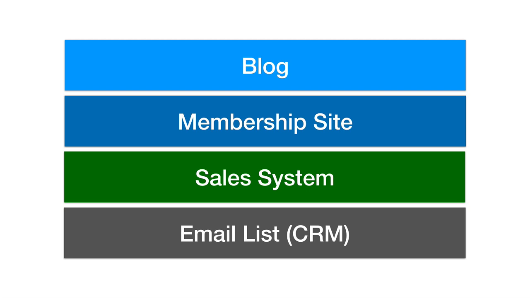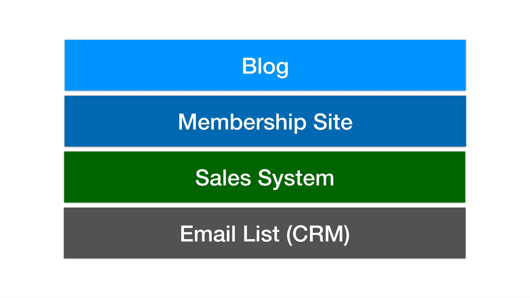Because you can process orders, you can sell anything that you want on there. You can give them a delivery mechanism where they log in order to get access to whatever it is they just purchased, and it can all be done right there on your main place of business, which is your website. So it's a really, really great way to go. However, there's a lot of different choices and a lot of different ways to go, and that's what I want to talk about here. If we could boil this whole thing down to 4 basic components, they would be your